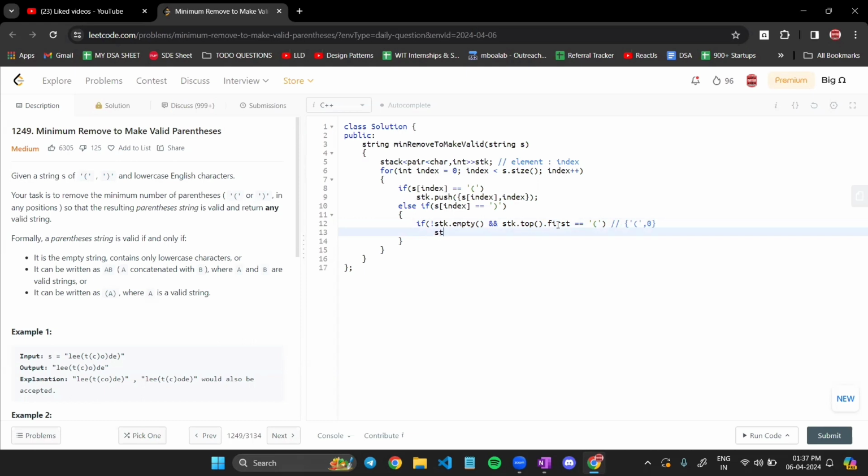So what we will do, since it is a valid pair, we will pop it, because we are only storing the invalid pairs in the stack, correct? So since it is a valid pair, we will pop it. Now, else what will happen? The else case could be that the stack is empty and we have got a closing bracket. So what does it mean? It means that we don't have any top value to compare with. So what we will do in the stack, we will simply add the particular closing bracket and its corresponding index,